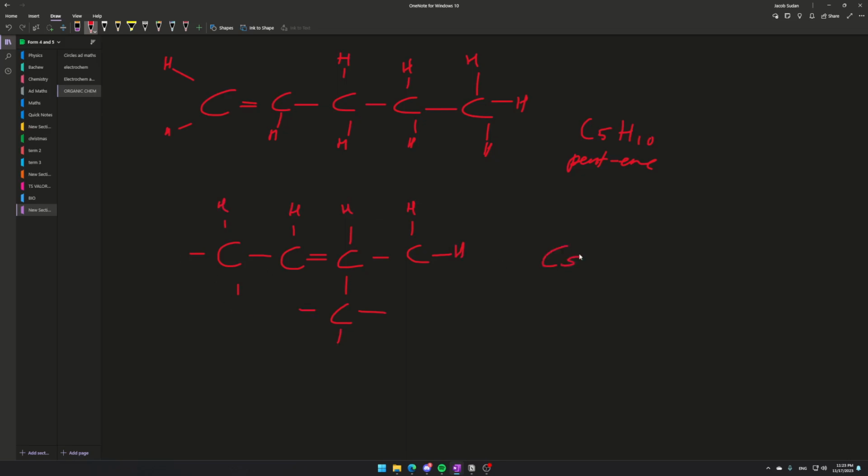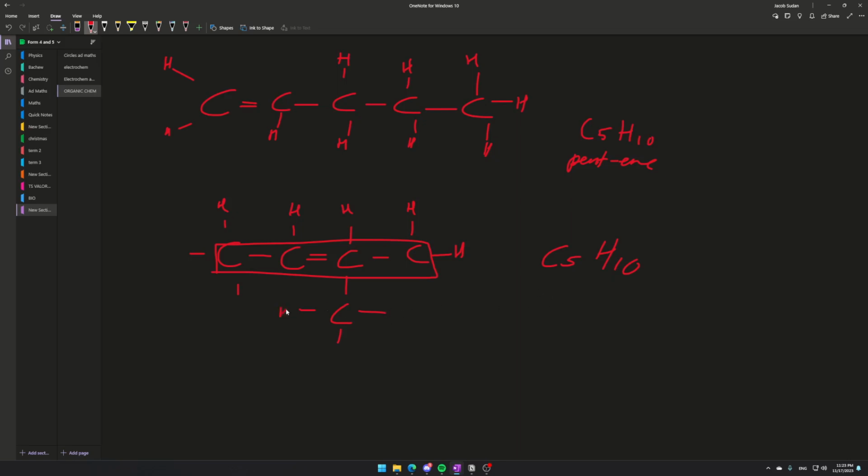This is also C5H10. But it's not pentene. Because the longest carbon chain that exists here would be here to here. So this is actually some form of butene. And we would call this,